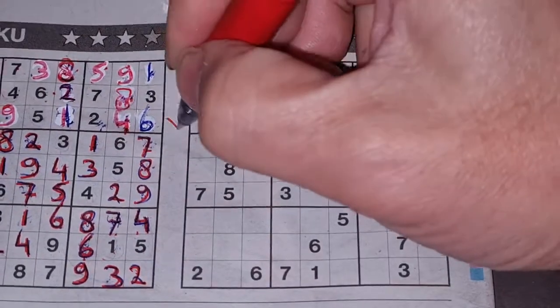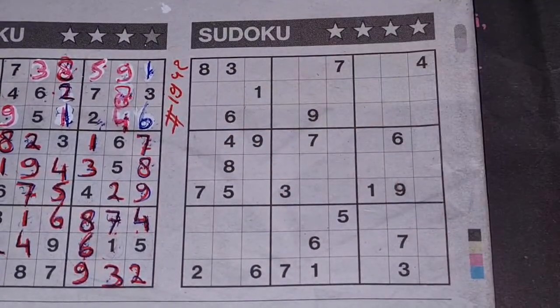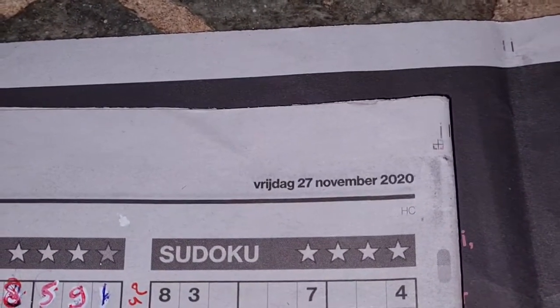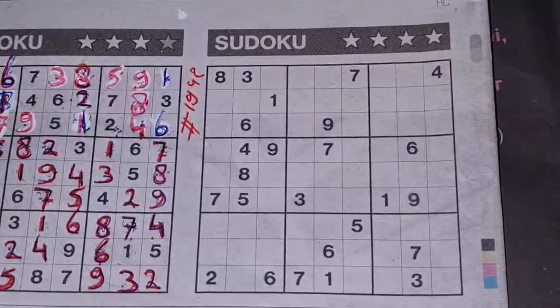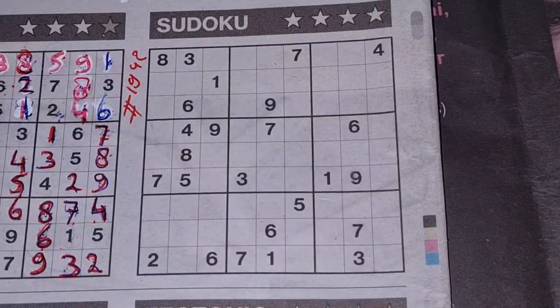Yes, a 4-star Sudoku. And this will be number 1942 in this additional, yes, of today's newspaper of Friday, November the 27th, 2020. And you already see here